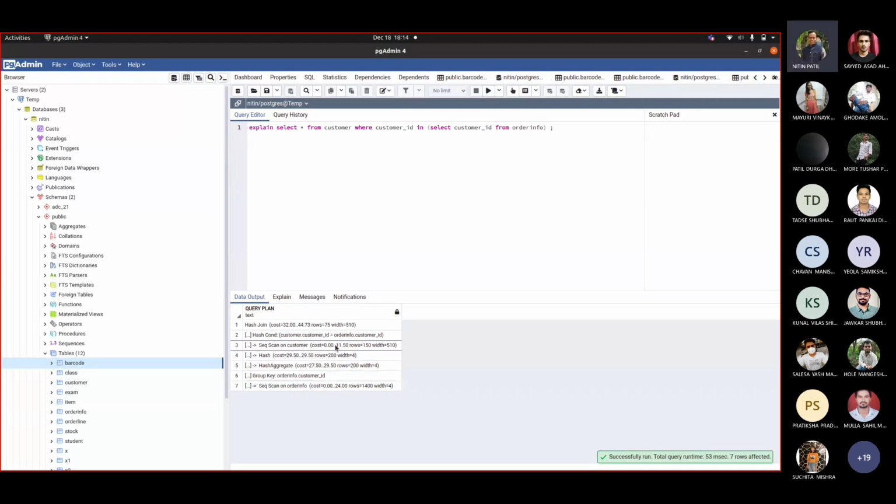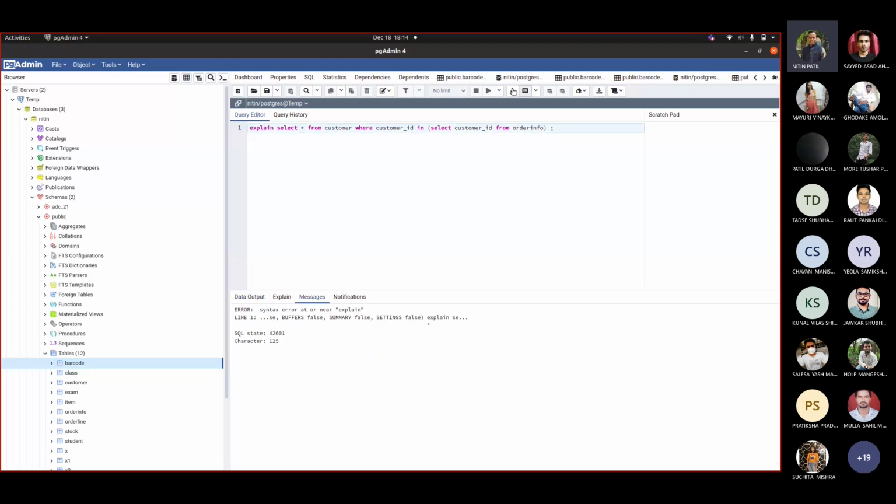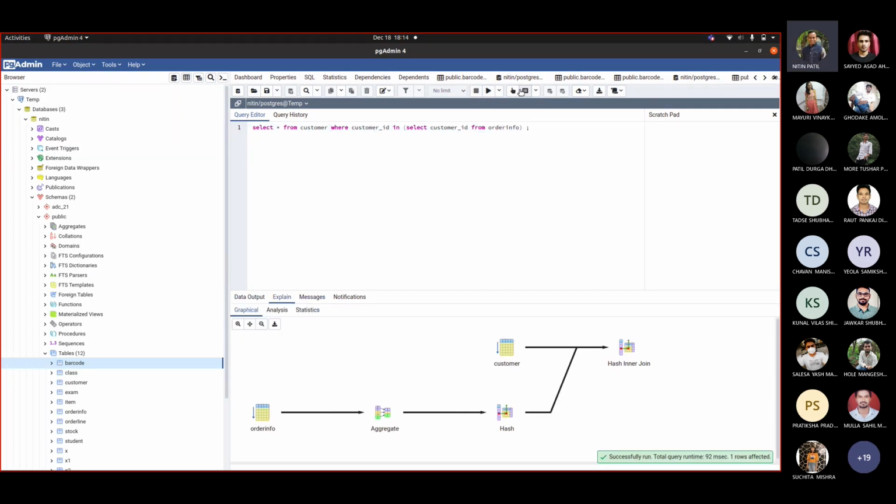Yeah, I made a mistake there. Explain is not to be written. Sorry, I wrote explain there because I am clicking this explain button. Now you can see, it is showing aggregate applied.